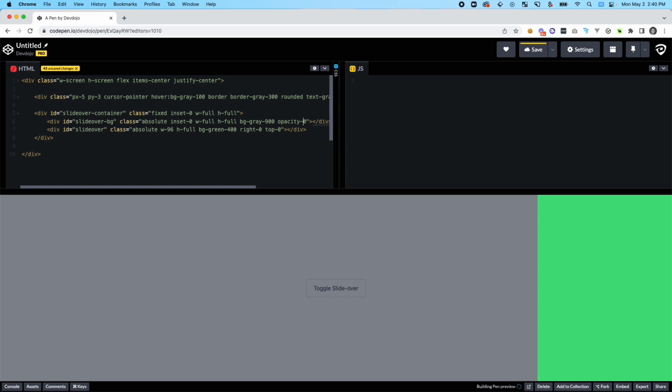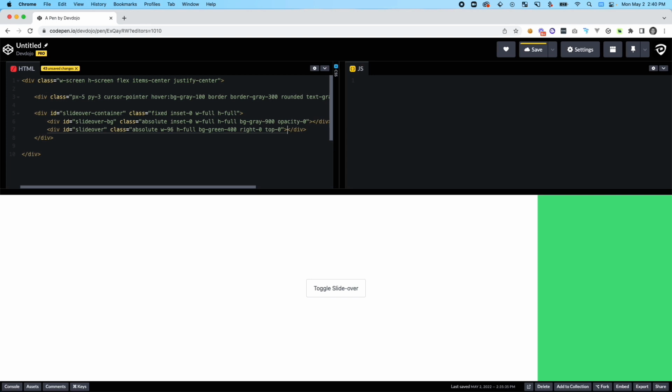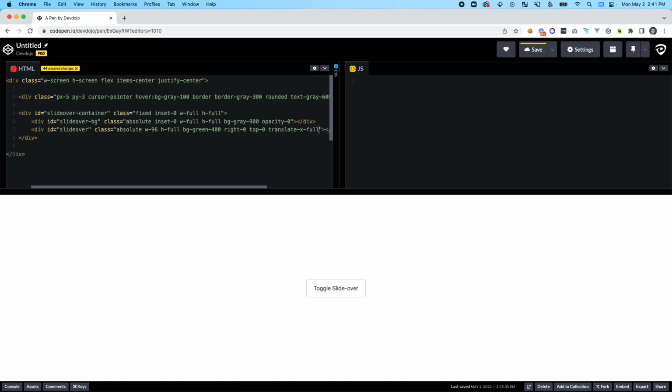So let's go ahead and just set that to opacity of 0. Okay, next we want the slide over to slide from the right. So we can actually just set translate X full, and that will move this div just outside of the container. Okay, so now that we have all those hidden states and the invisible as well, we need to set an